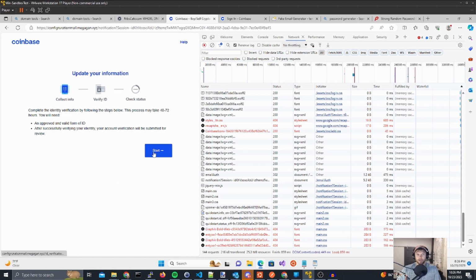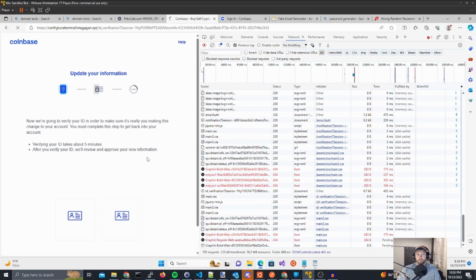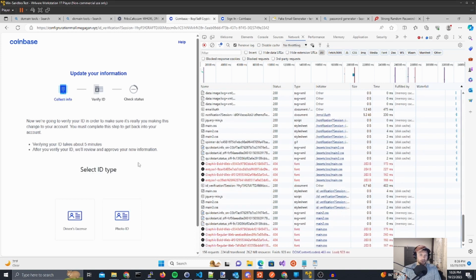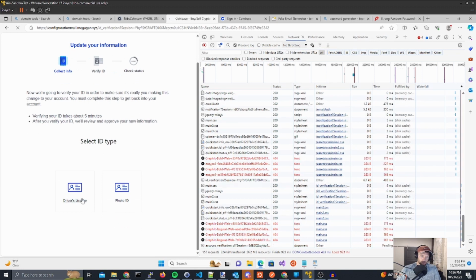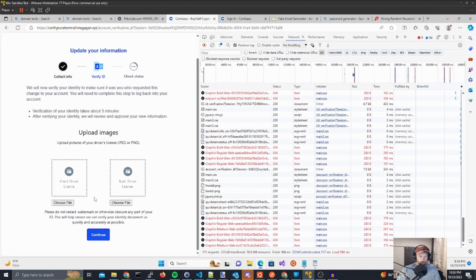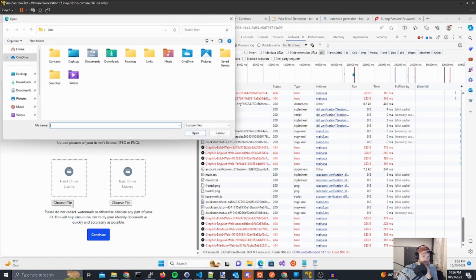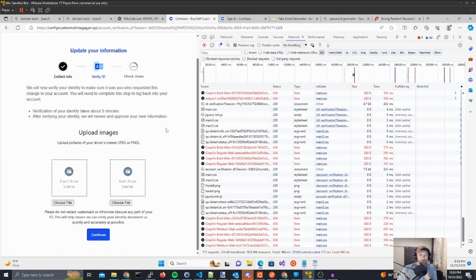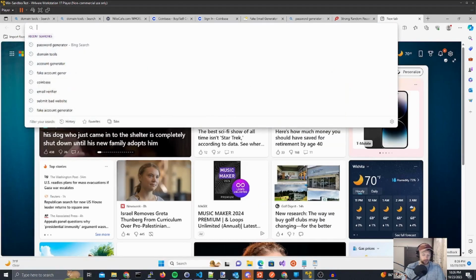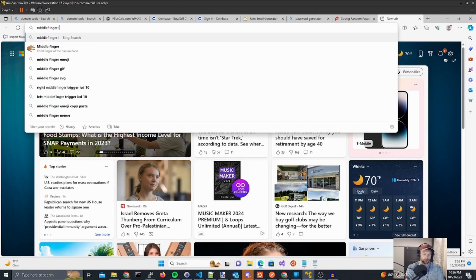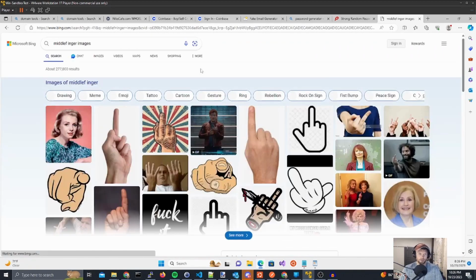purchases or whatever you're doing on the Coinbase app. But I guess McGagan is now thinking we should do that for them. So yeah, I guess we're going to upload our driver's license. And we need to upload something. Well, obviously I'm not going to upload my driver's license. So we're going to send them a middle finger